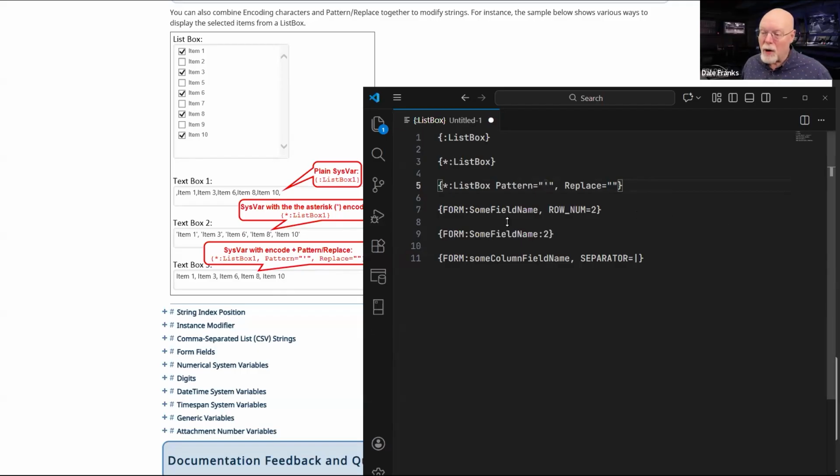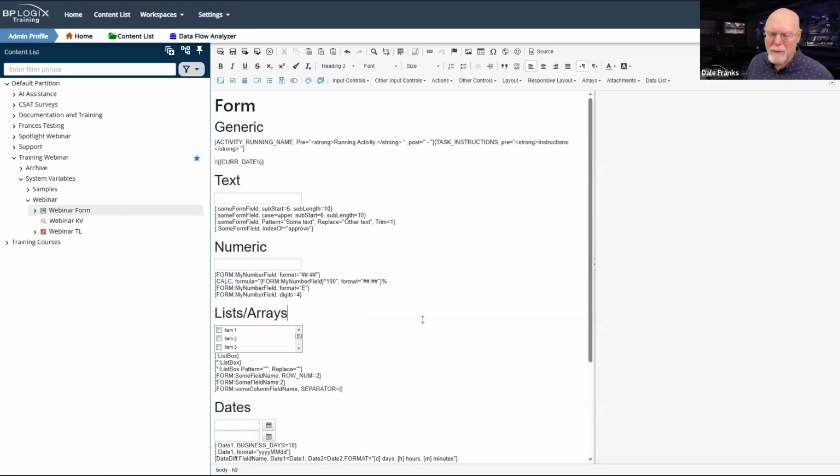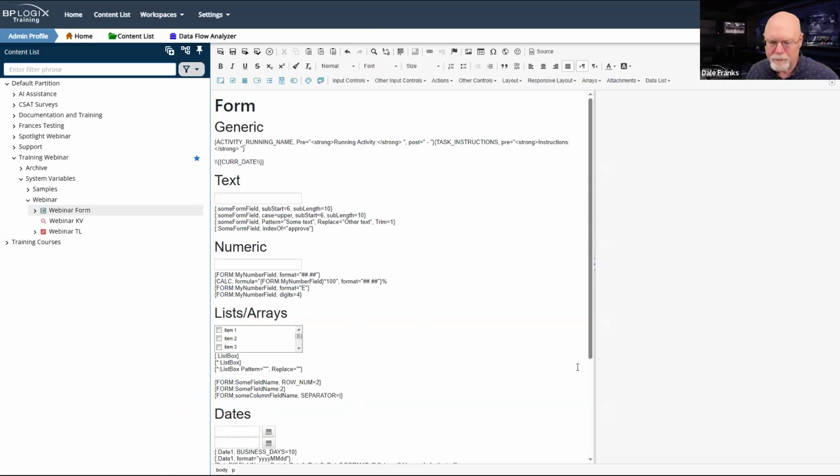But now we've got to talk about arrays, and we don't have any arrays on here. So I'm going to keep that form open, but I am going to need to add an array. Let's drop an array in here.